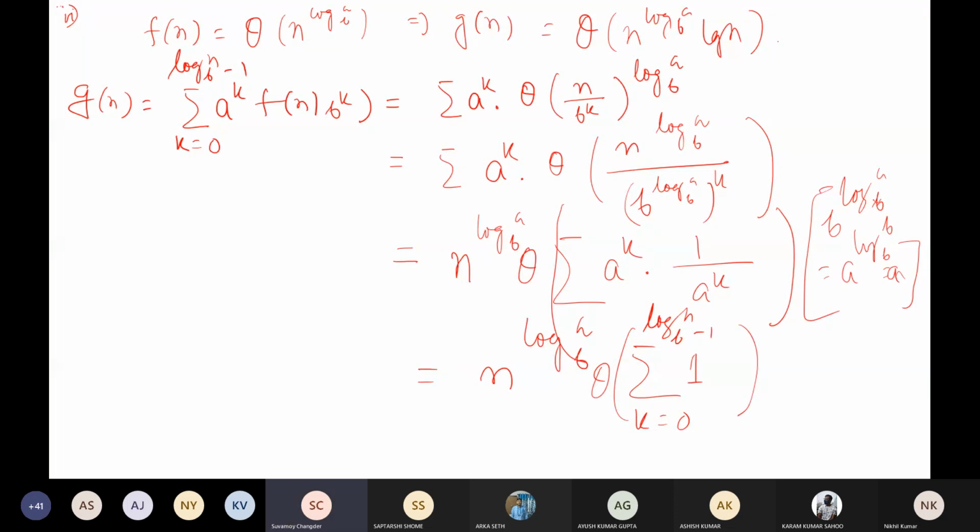How many terms are there? Log n base b. And if we take this sum, it will be equal to n to the power log a base b theta of log n base b, because if we take the sum of 1 up to this term, it will be equal to this. So that is equal to,